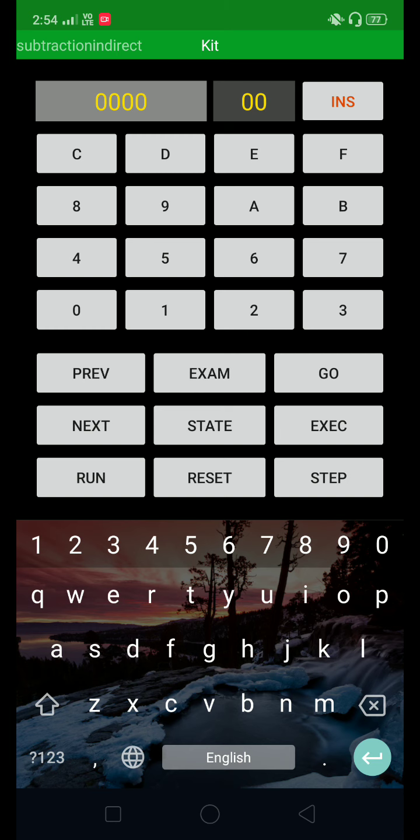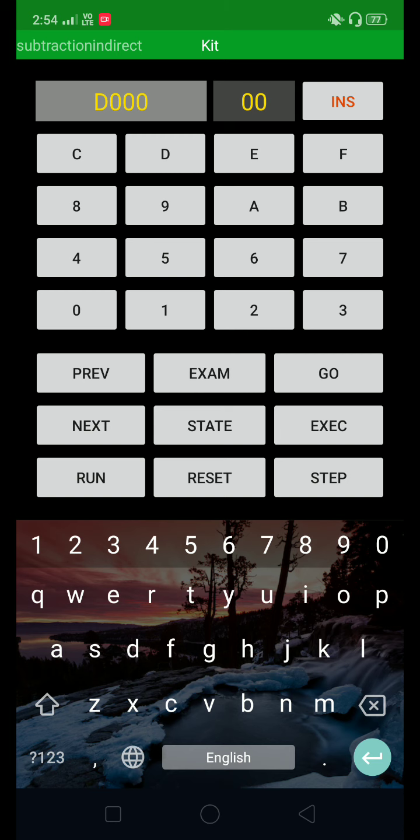Okay. So we have assumed the two numbers starting from D000. So the keypad is given below this display, that is 4 digit 0000 and 00. So just type D000, D000, okay,